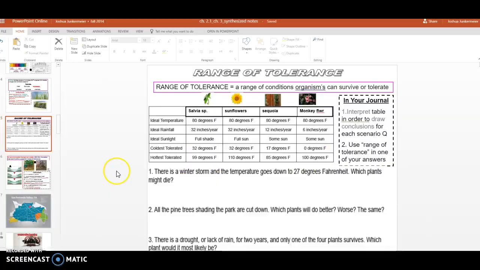All right, good luck. All right, this is slide 15 in your notebook. Please write slide 15. And then here's a very brief definition for range of tolerance. Remember, tolerance are the things you tolerate in life. We may not like people bullying us, but we can tolerate it. We can get by. We may not like not eating all the time, but we can tolerate it. Range of tolerance. It says a range of conditions, so things in the environment, conditions, an organism can survive or tolerate. So it's the stuff you can handle in your environment without dying. So whatever doesn't kill you